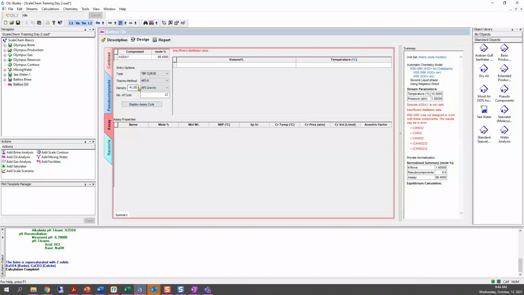And the third step that we need to do is that now we need to enter the data for the distillation curve. Here is where we enter our distillation data, the volume that has been distilled, and at which temperature. Okay, so we're going to enter this information here.